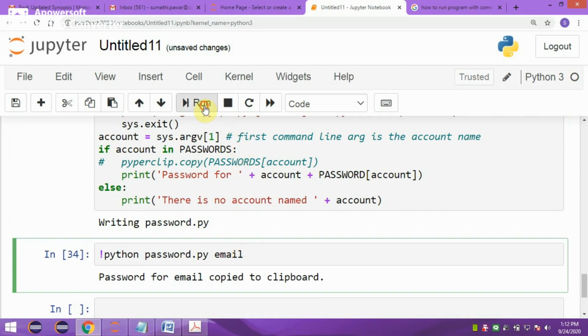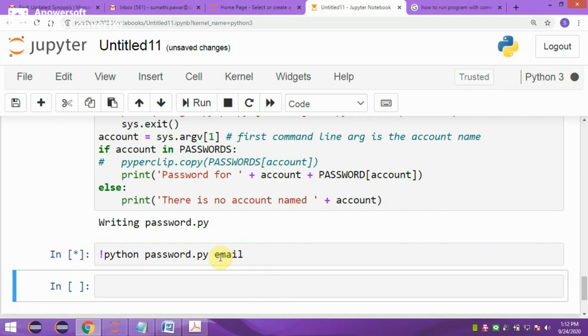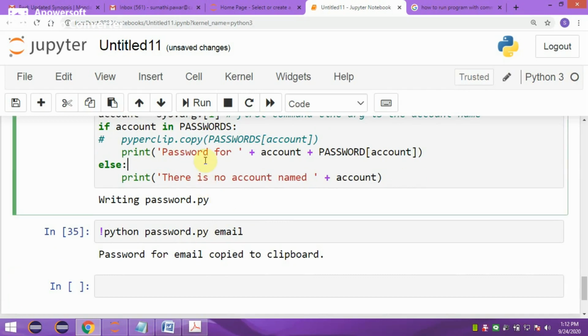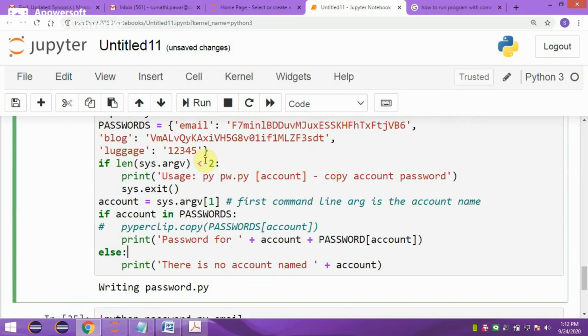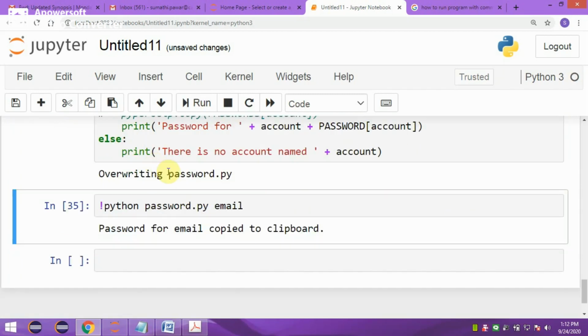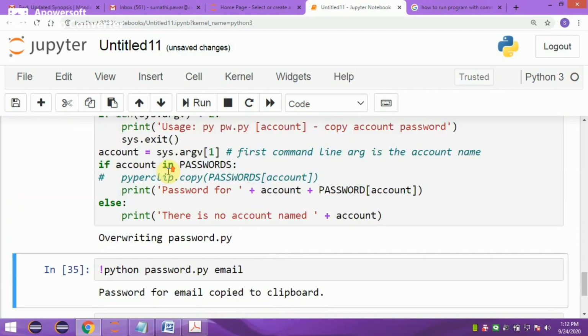First you have to run this code, because the modified file has to be saved in password.py. It is saved in password.py.